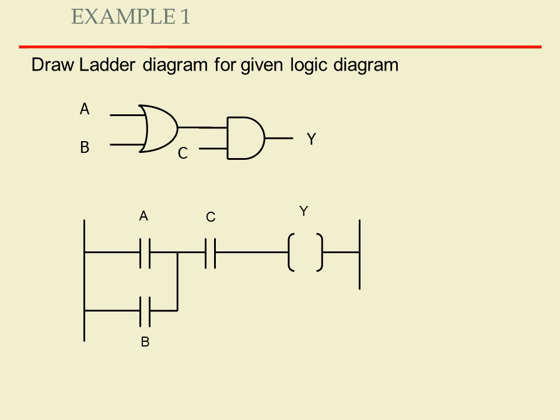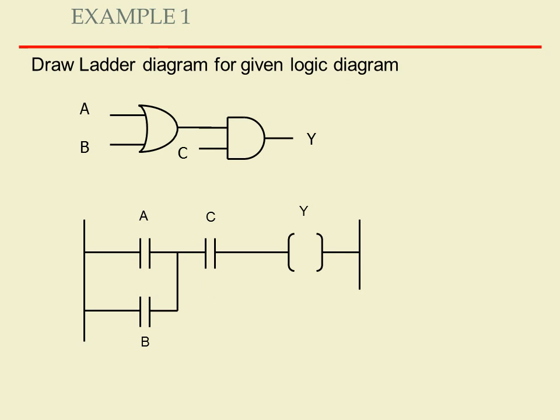So this combination in this ladder diagram gives you the equivalent of the above logic diagram, that is, a logic gate OR with inputs A and B, and another logic gate AND which has its first input as the output of the OR gate and second input as C, with the output Y. So the whole is formed by these three switches, A and B connected in parallel and C connected in series with that. And the total output is equal to Y.